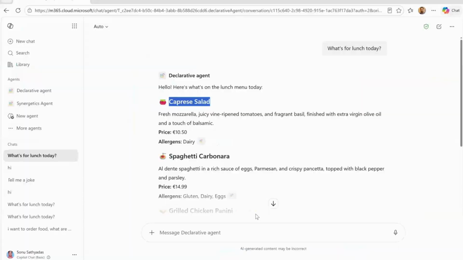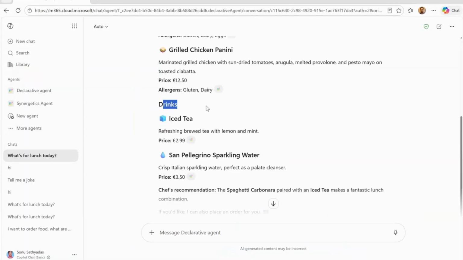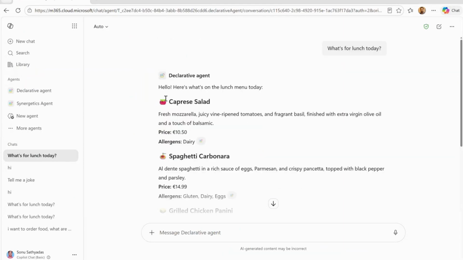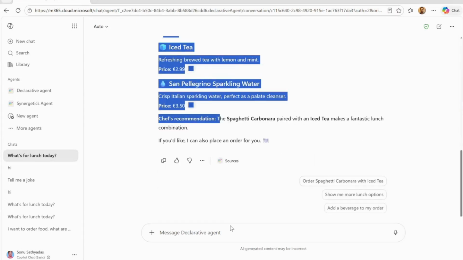So in our response, you are able to see that drinks have a separate category and dishes have a separate category. Suppose I have to order